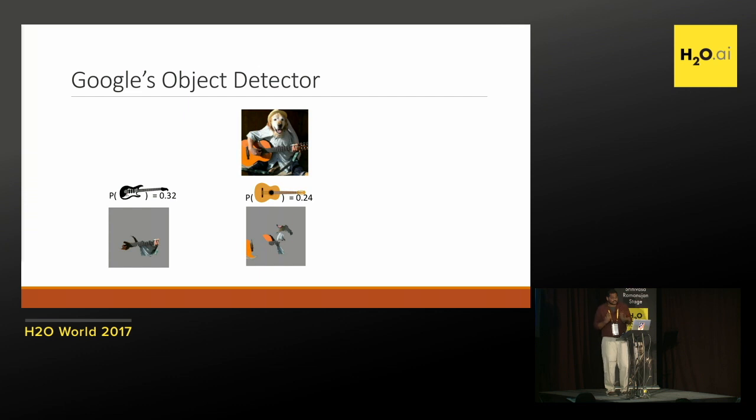It also thinks it's an acoustic guitar with a slightly lower probability, and turns out it's because of the body of the guitar that it thinks it's an acoustic guitar. It also thinks it's a Labrador, and turns out it's looking at the face, so clearly it's a Labrador. It's also kind of looking for maybe the leg or something like that to figure out that this is a Labrador. Right? So this was a pretty good classifier, I would say.